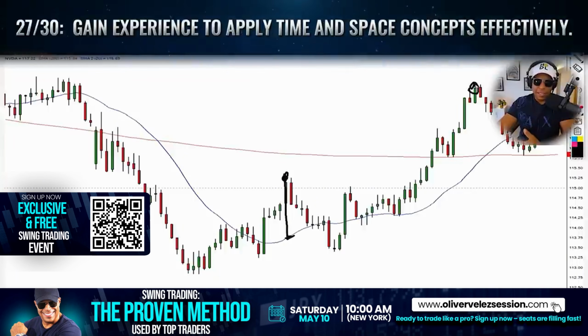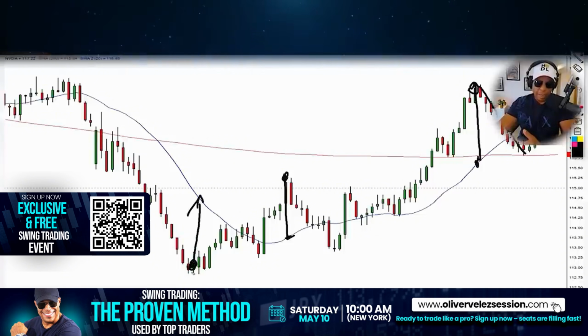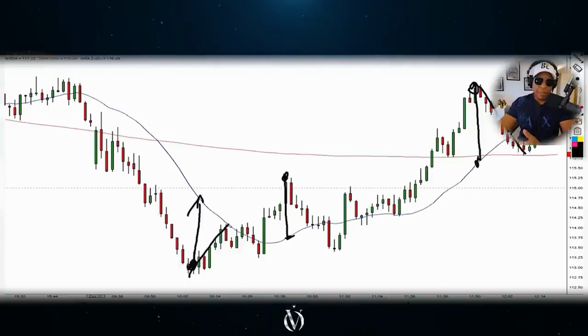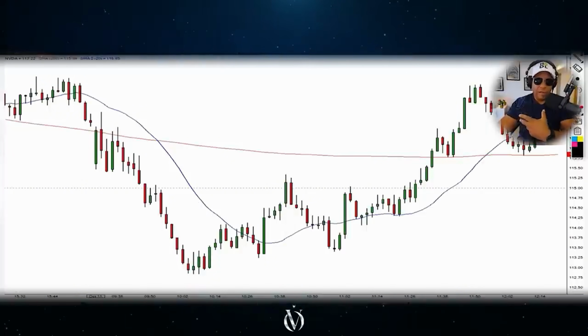We get spacey from here to there. It's time to come back in. We get spacey from here to there. It's time to move back up. So this concept of space and time is so valuable in a variety of ways for timing turns in the